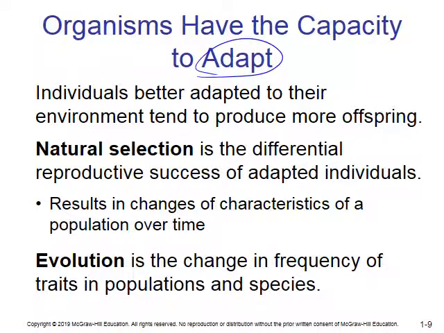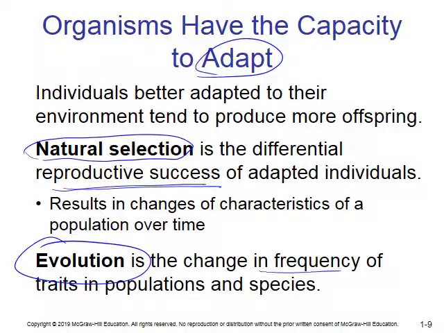Under adaptation, we talk about something called natural selection. So basically it's saying that one individual might have more reproductive success than another individual based on some characteristic that they have that makes them more desirable, right? So one individual within a species might have a particular trait, and then that trait is selected for, and that particular trait persists in an environment. So this is how we get to evolution: changes in the frequency of traits within a population.